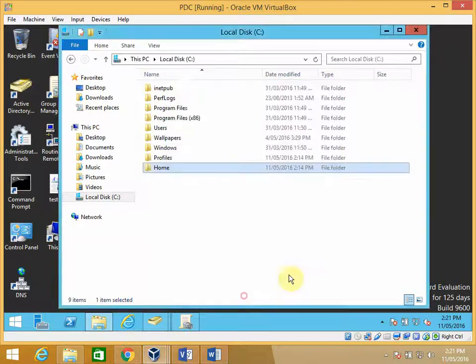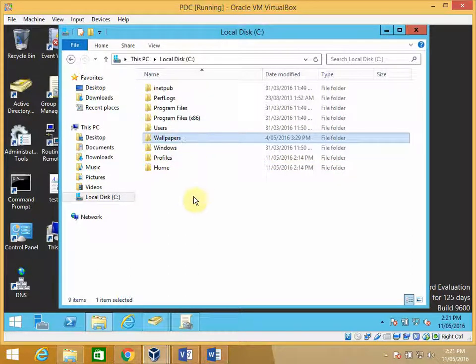So that's it. That's the profiles and home directory put in place, and the wallpapers are also in place. And this will allow us to create roaming profiles, and we're going to use our group policy to put wallpapers in for particular groups. Okay, so